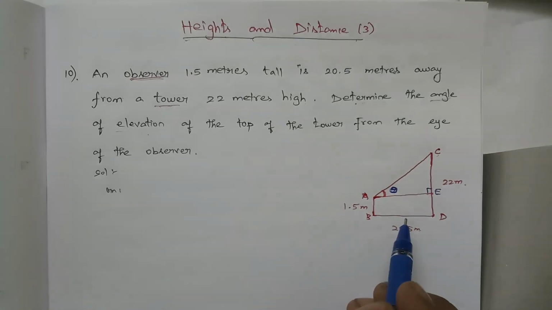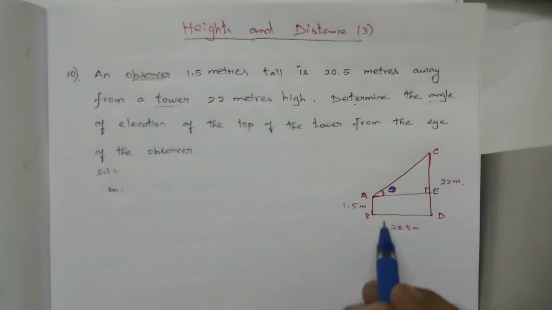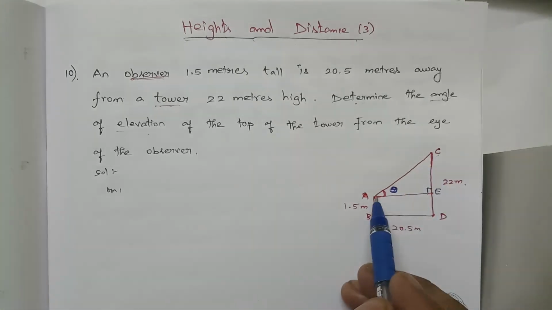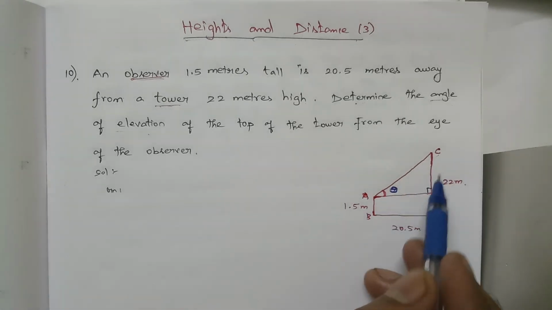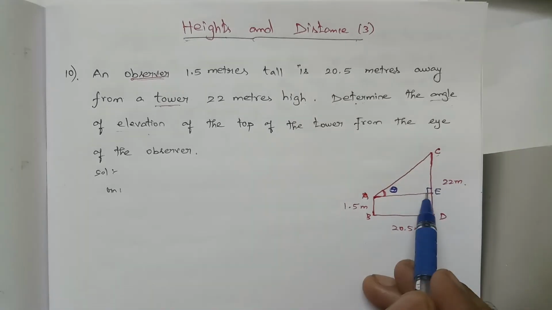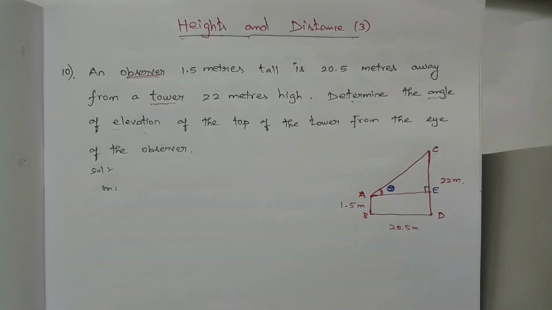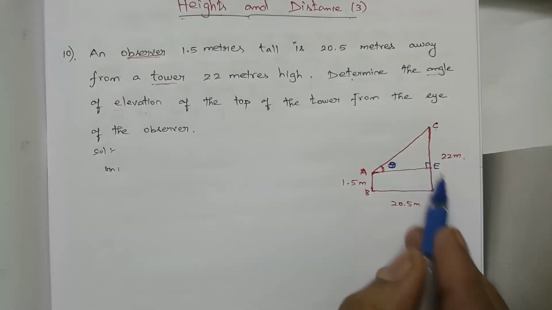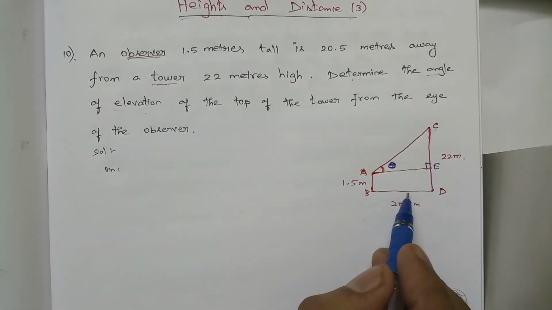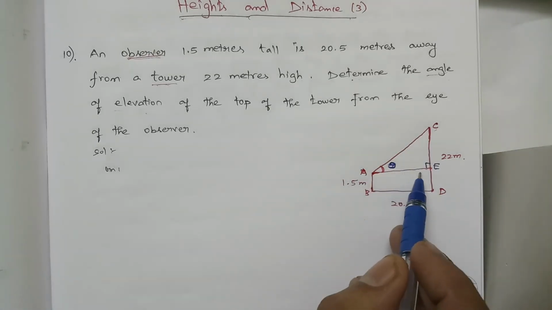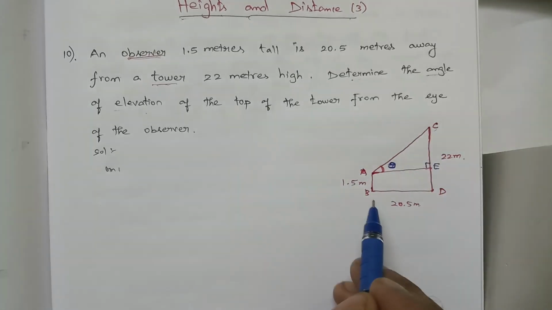But we want to know two sides. Do we know any two sides? Do we know the length of AC? No. Do we know the length of AE? No. We don't know the length of EC either. We don't know any lengths, but we have some hints. So from the hints, I am going to find the two sides of the right angle triangle AEC.